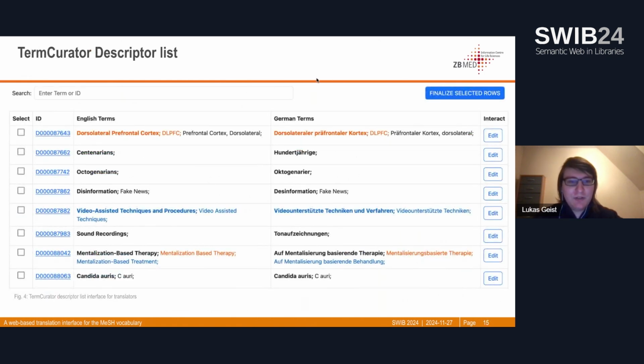Here's a small demo of the interface that the translators see. First, they see their descriptor list of all the descriptors that they are supposed to translate. Here you can see on the left the descriptor ID, the English terms. Those would always be of the concept that are related to the descriptor itself. And you can also see the color coding,